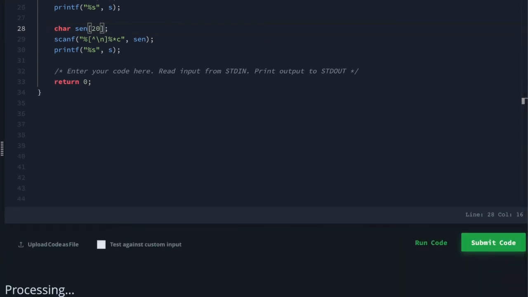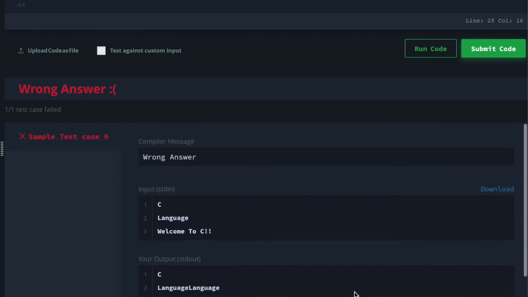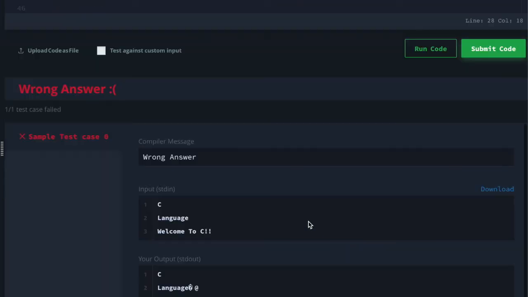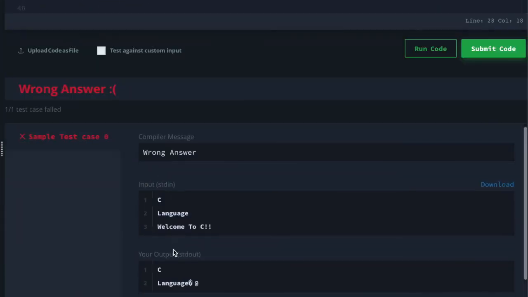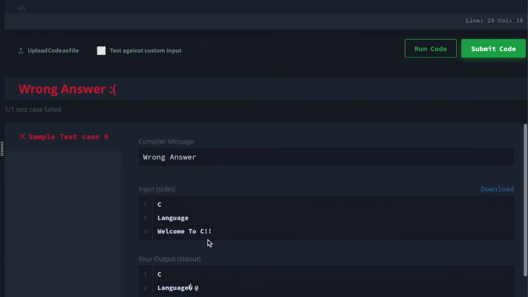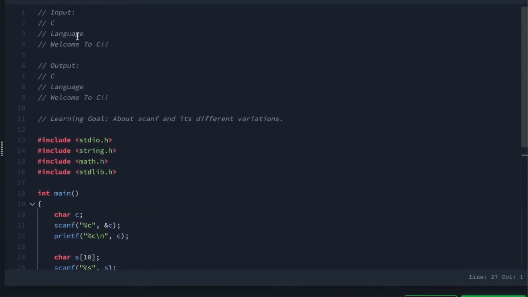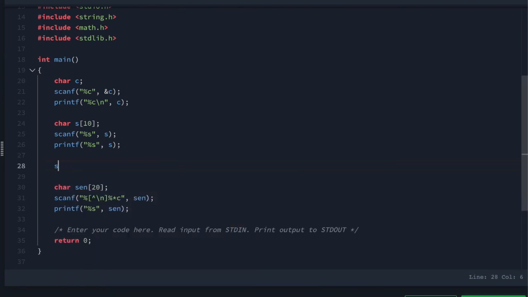When you read, there is one thing missing which you will obviously know as soon as you read it. So the s should be replaced by scn. When you run the code, you will see some machine code here. That is the print value for the \n character. Given that after language there is an enter, we should first scanf that, so that it's not considered in the next line of the sentence, which is our last statement here.